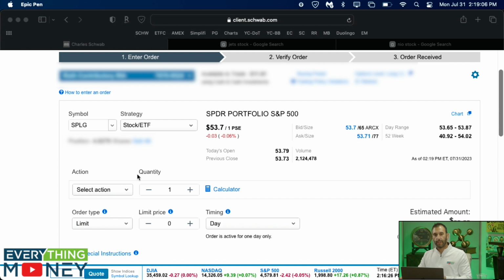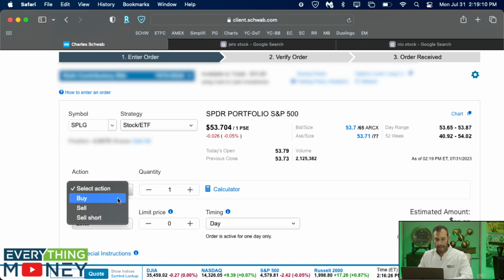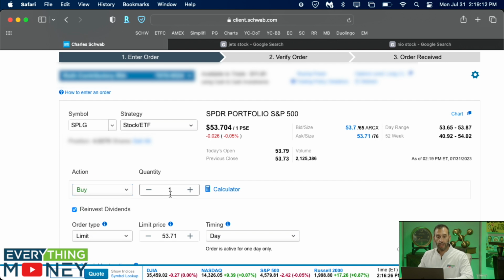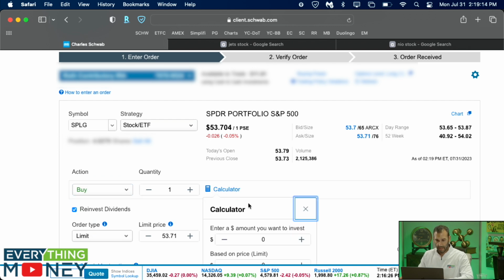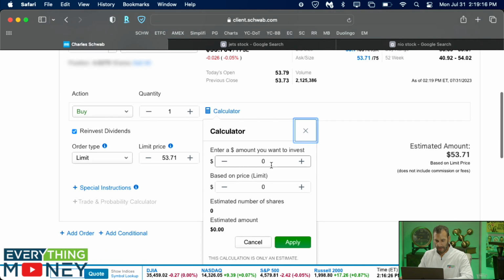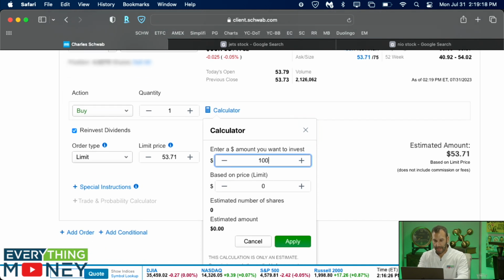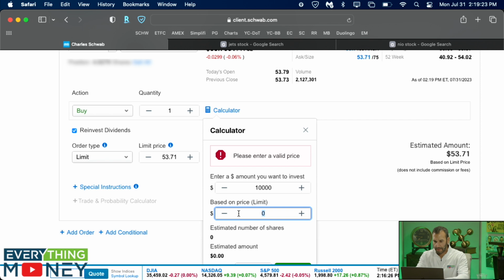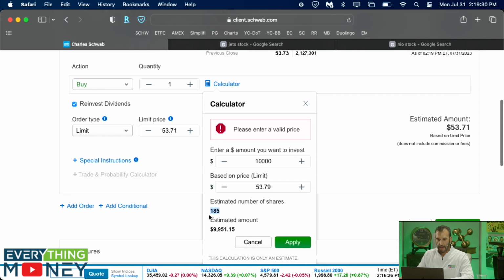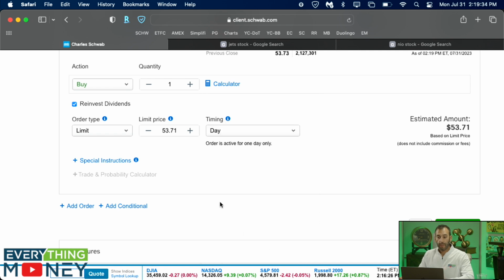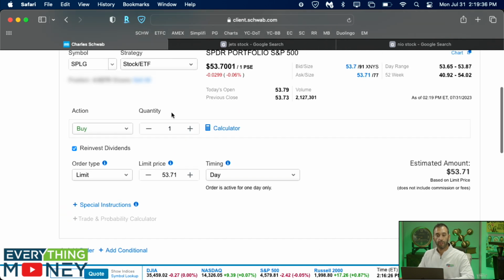So then what you're going to do is come in here and we're going to be buying. So you're going to come down here to the little drop down and you're going to say buy. And we're going to go with 1 share. But if you wanted to, you could just use a calculator to calculate how many shares. If you wanted to buy $10,000 worth based on today's share price, $53.79, there you go. It's going to tell you 185 shares, $9,951 and change. So you can use that little calculator if you want to, but we're just going to do